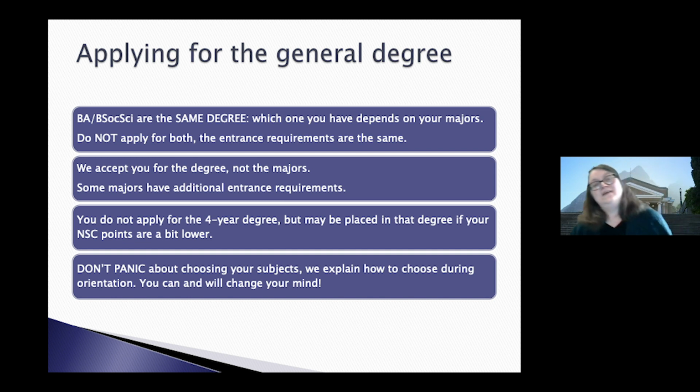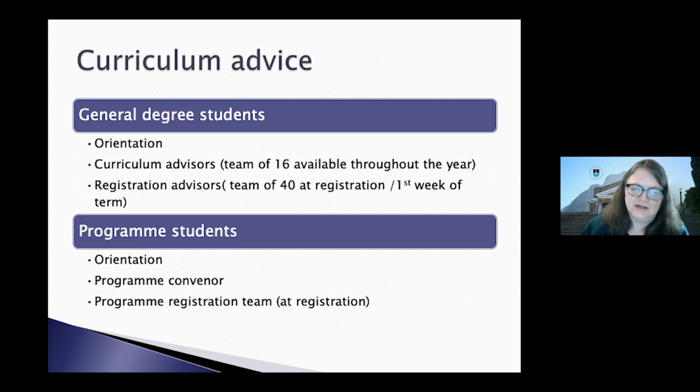All right, so we have a lot of curriculum advisors in the faculty who are academics who are trained in our structures. We put you through orientation training. We do not know at this stage whether orientation next year will be in person or remote or a mix, but one way or another, we will get the information to you. You see advisors before registration, you see advisors at registration, and you can see advisors throughout the year. So although our degree programs look horrifying when you're outside them and haven't been trained in them, we do train you and we do help you to get your head around how it all fits together.